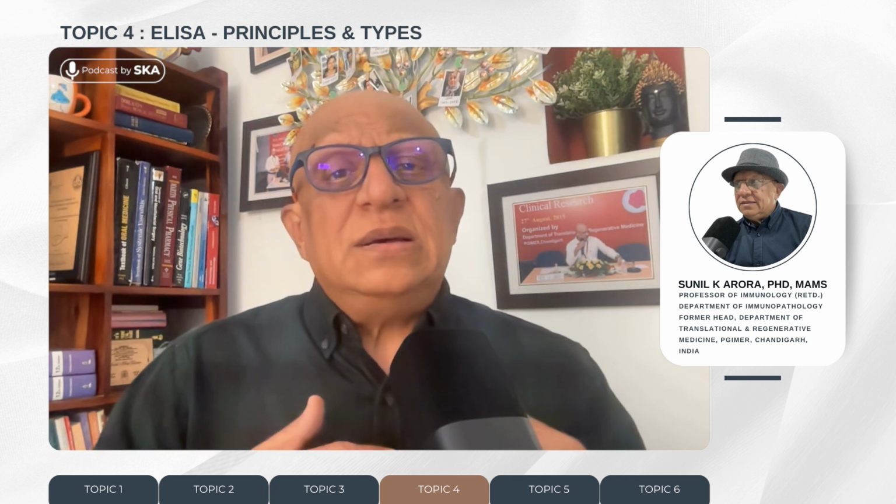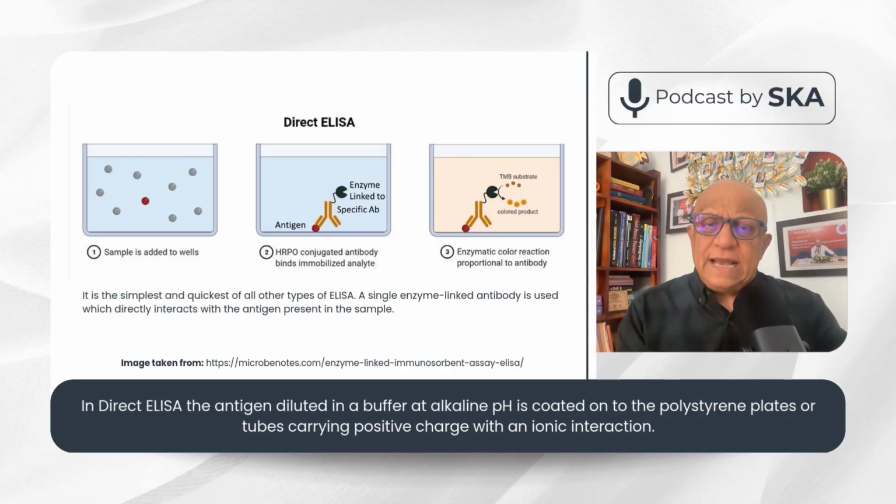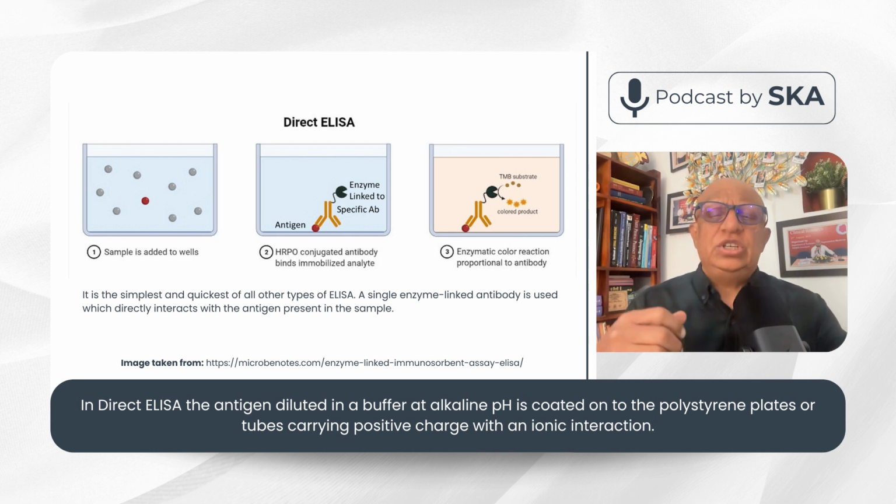So what basically the principle is that antigen or antibody is attached, adsorbed to a solid surface, which invariably is a plastic tube, or it can be a microtiter plate. These are made of polystyrene. And the reason why we use these polystyrene based, it can be a paper, nitrocellulose paper also, paper strips. So, because these materials are positively charged by nature, and the coating by the antigen becomes very easy and successful, because we can have the antigen